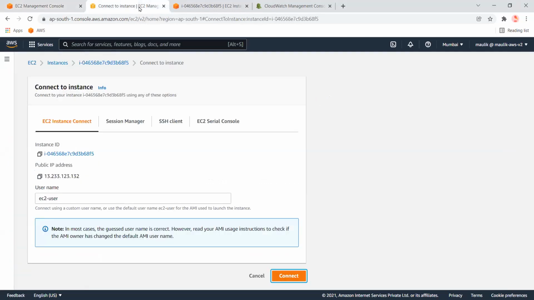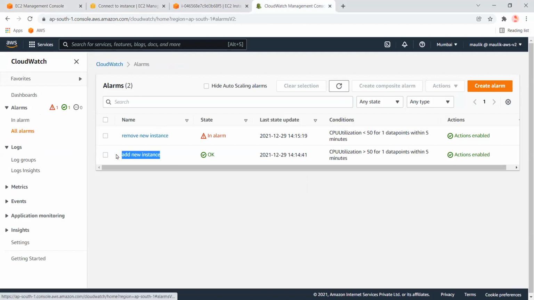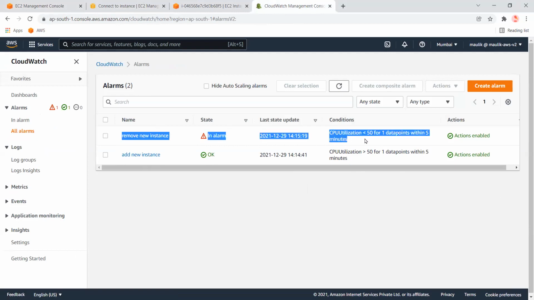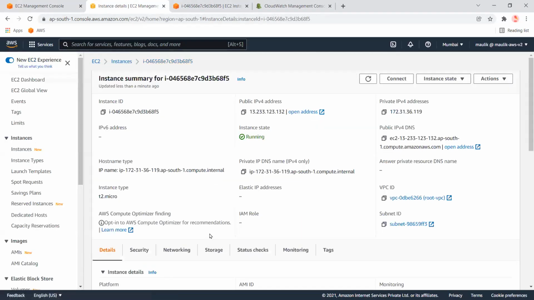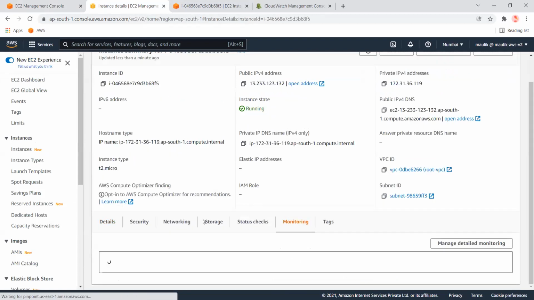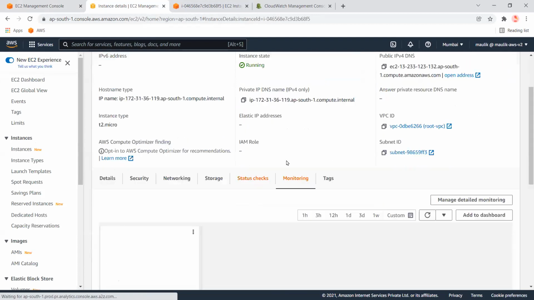This alert will be triggered because it will stress the CPU to increase the load on that. This alert will be triggered and it will keep adding one instance at a time. Okay, and after 10 minutes, it will normalize the CPU, and then this alarm will start triggering, and it will increase the instance from the auto scaling group. So let's wait for some time until the server CPU goes up. Let me show the exact status of this CPU.